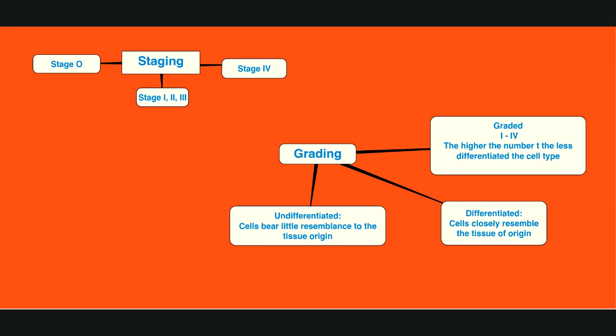So I'm not going to be testing you over staging and grading. However, it is very important that you are familiar with staging and grading. That way, whenever you're in the hospital or a question comes up on NCLEX, you kind of understand that. So know that with your